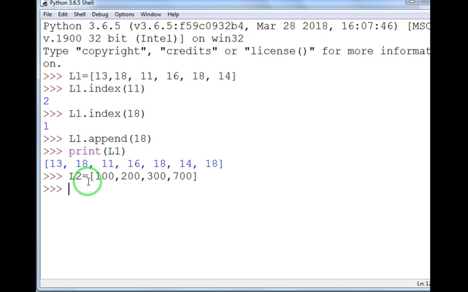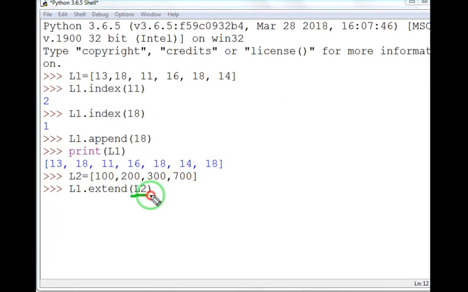So L1, L should be capital, L1 dot extend, and L2. I want to append the values of L2 in L1. Therefore, I will write L1 dot extend L2. I have already told you that extend takes a list as an argument. Whatever value you specify within this parenthesis, small bracket, that is known as the argument.